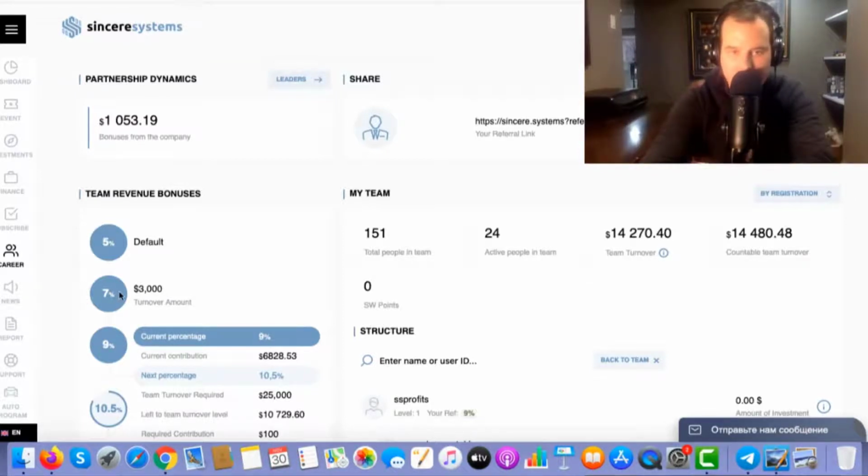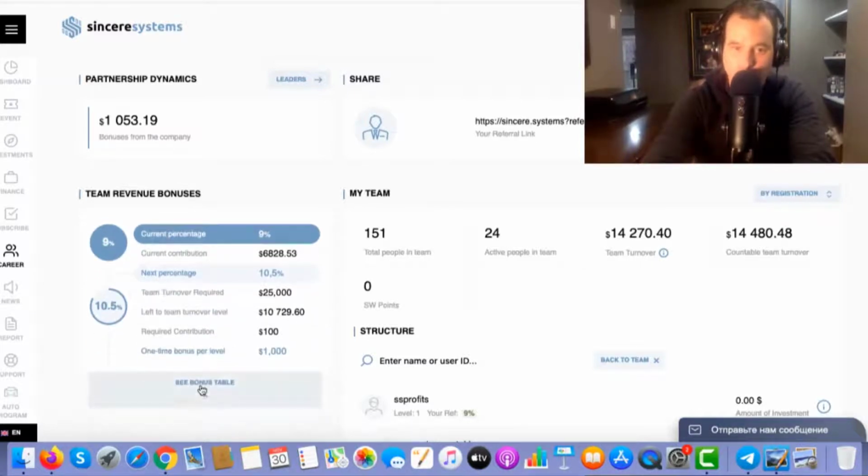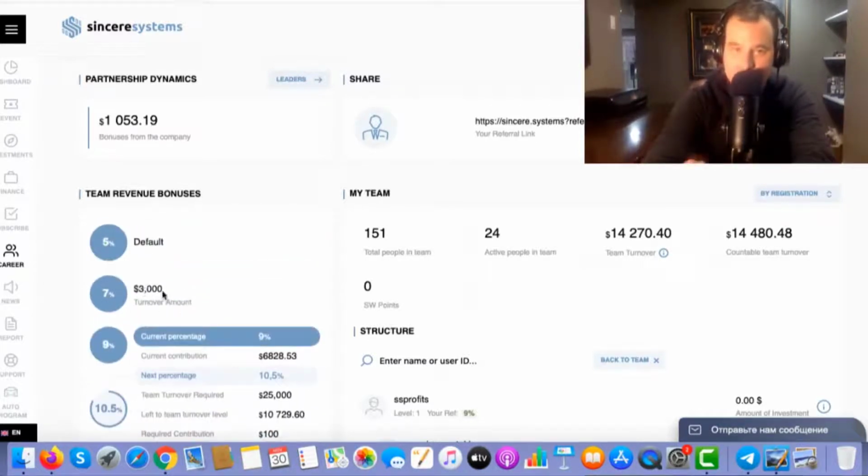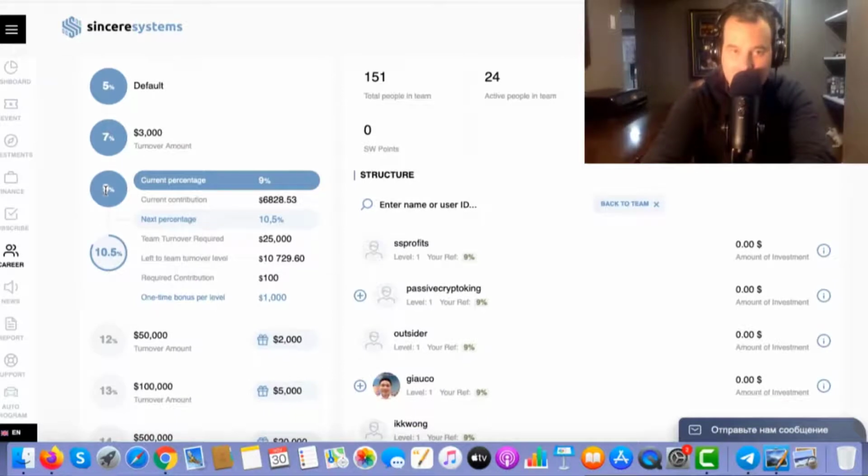And next level is 7%, so that's a team turnover of $3,000, or you can put yourself to this level by funding $3,000 into the system. You can create 7% commissions from people who join you. Same with the 9% commissions. You can fund your way to 9% by funding into the system $10,000, or you can do a team turnover of $10,000 to get yourself to 9% commissions. So that's what I did, guys. I got myself to 9% commissions through team turnover, and eventually here within a month, I'll get myself to 10.5%